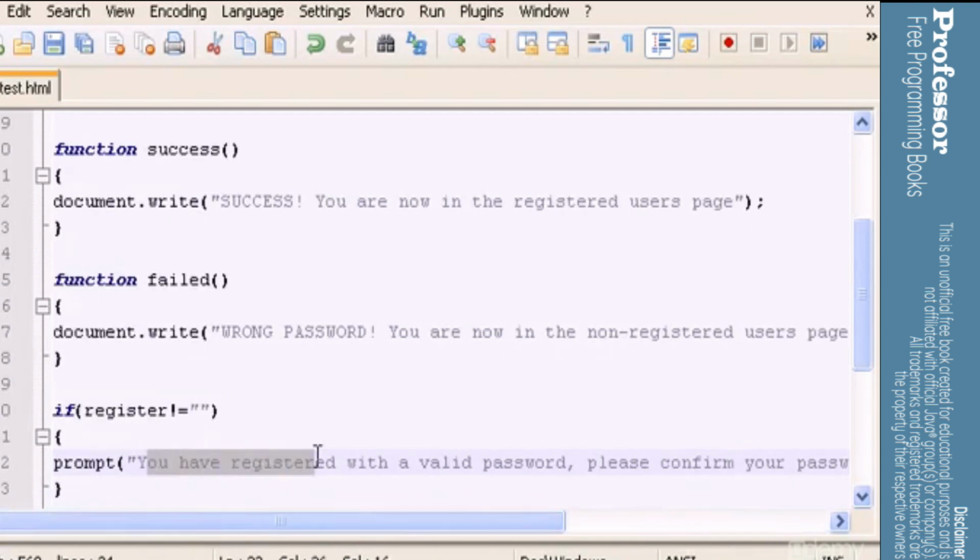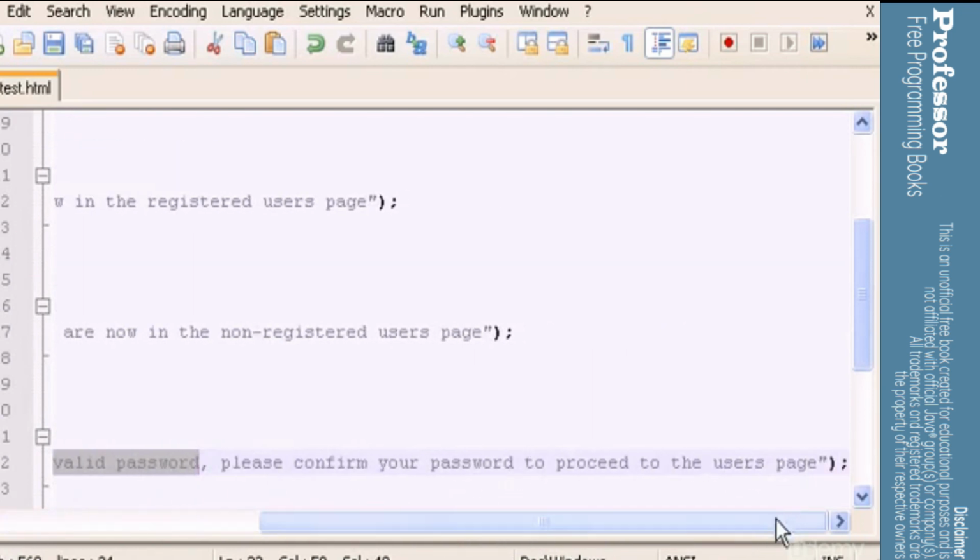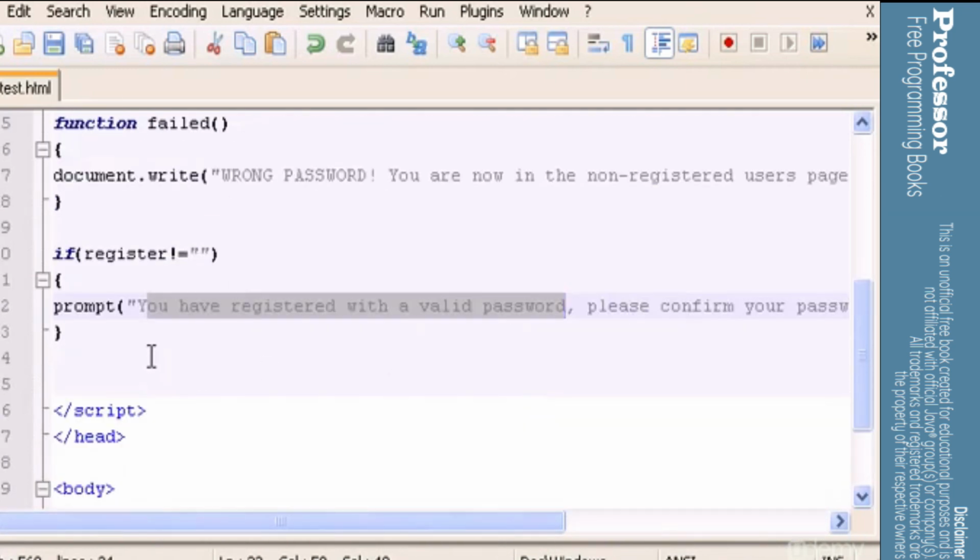Okay, you have registered with a valid password. Please confirm your password to proceed to the users page. Okay, so